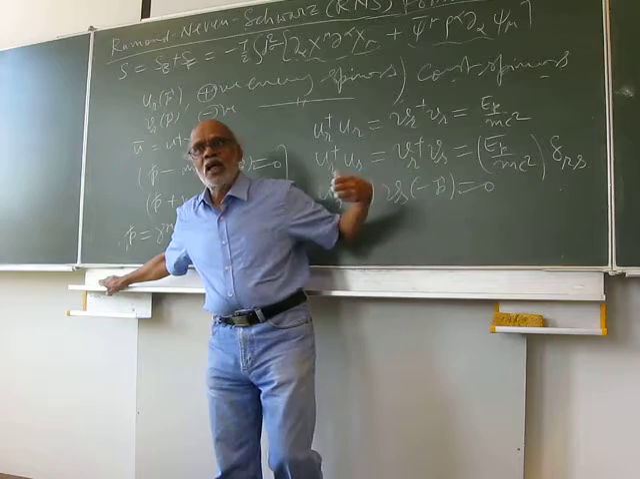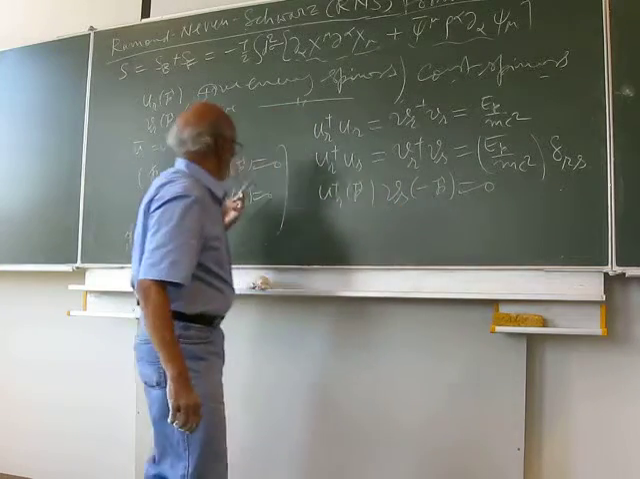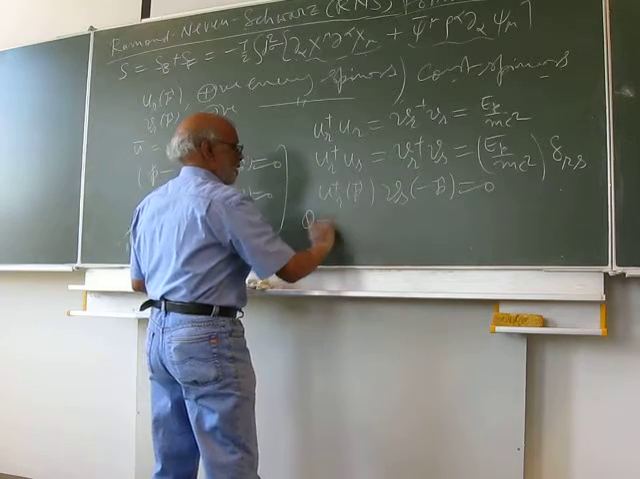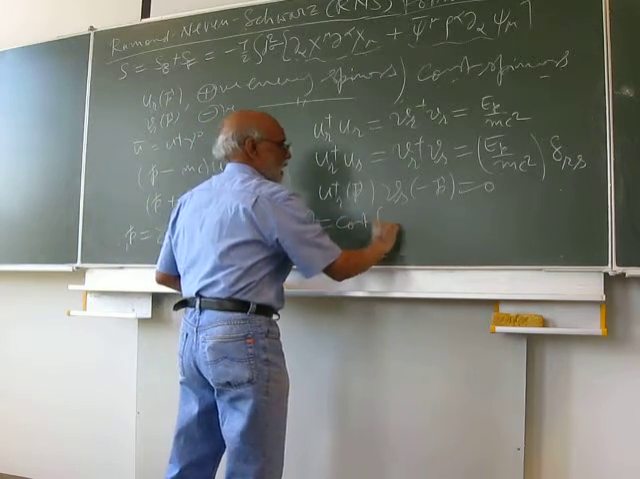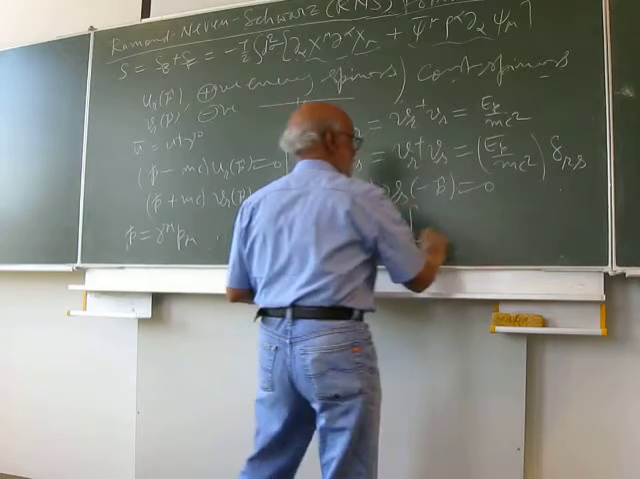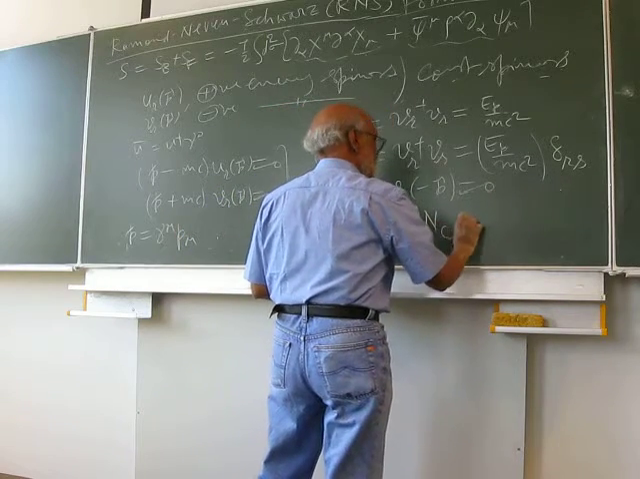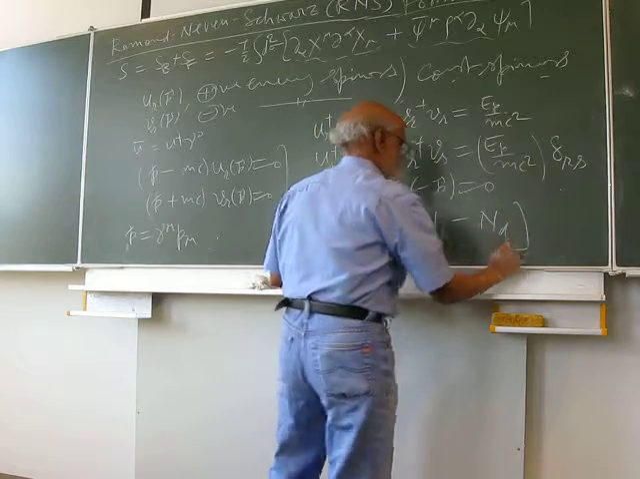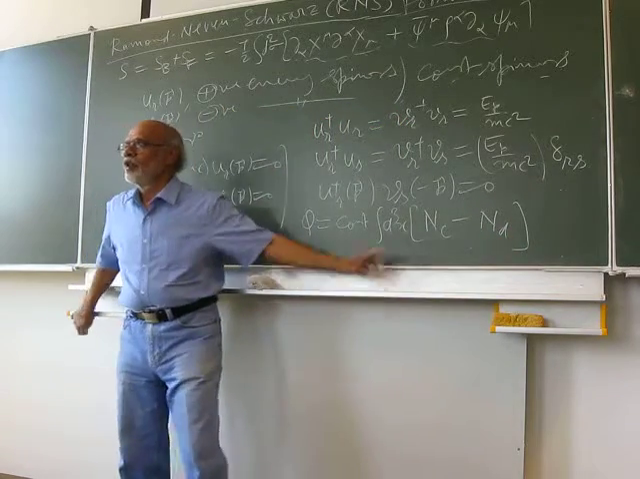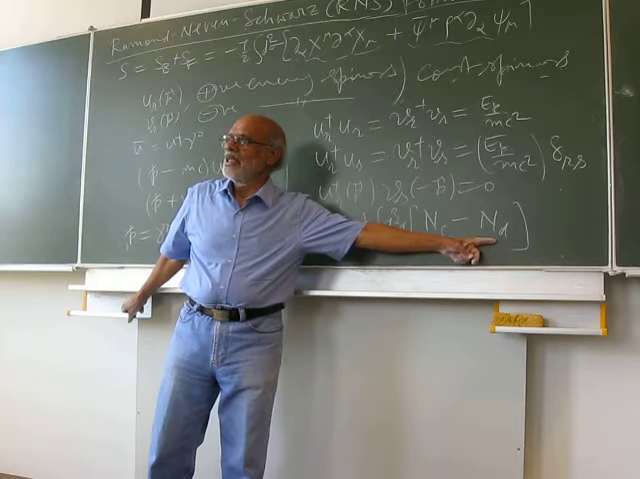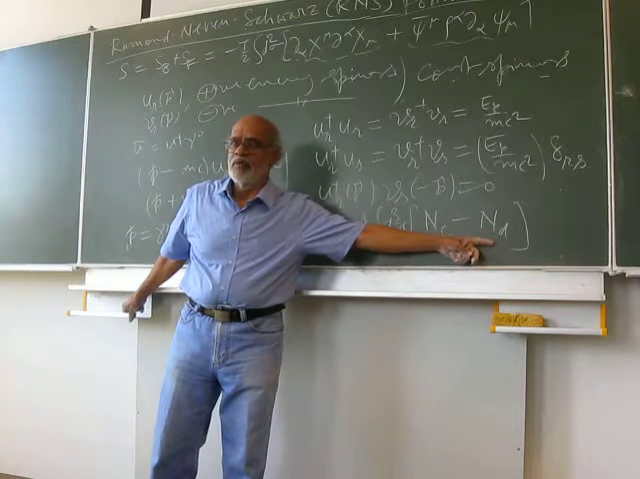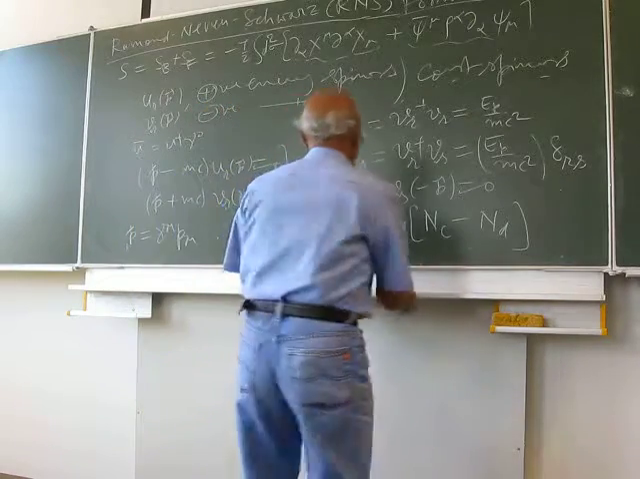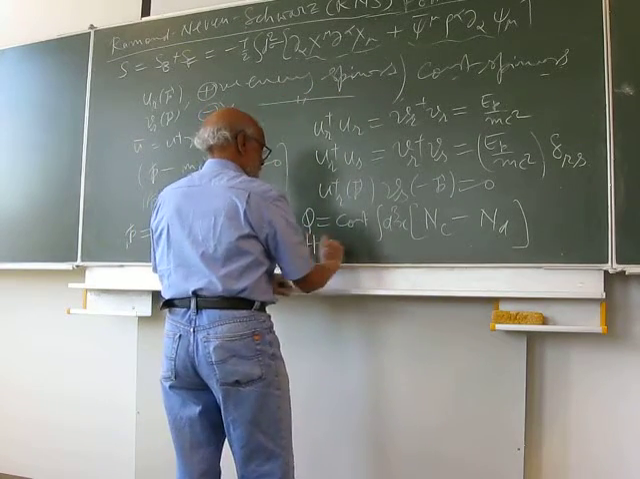You can calculate the charge operator here. There is a very long story for the charge operator of this theory. It would be some constant times the number operator N_C minus N_D, for the C type of particles and D type of particles, or for the electrons and positrons. And what happens when you calculate H in this,